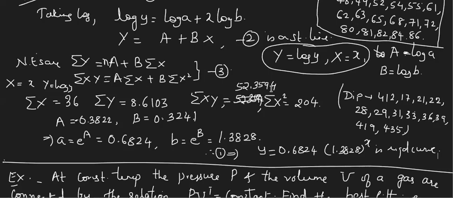So these are the values of the summation values, capital AB values and small ab values. This is how it has to be solved. So carefully you have to see these relations. When we convert in terms of straight line format, see carefully what is your capital X and capital Y in terms of small xy. And finally, when you take the small ab values, again see the same relation. Isn't it here capital A equal to log a and capital B equal to log b? That means small a and b will be e raised to capital A and e raised to capital B.